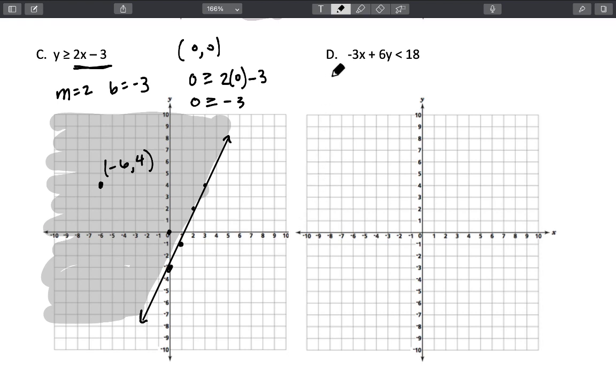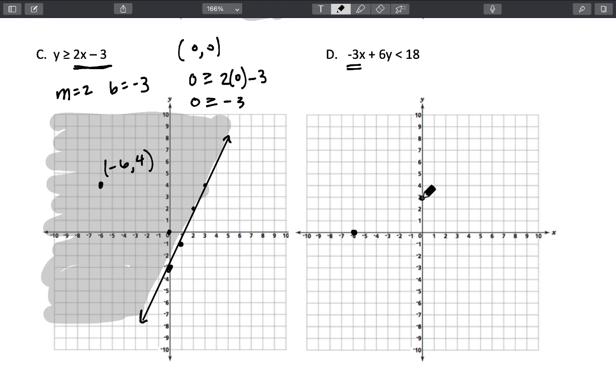All right, let's try the next example. This is not written in slope-intercept form. However, I can graph using my intercepts. So let's find my x-intercept by ignoring the y term. If I take 18 divided by negative 3, that gives me negative 6 on the x-axis. And if I find my y-intercept by ignoring my x term, I'll take 18 divided by 6, that gives me